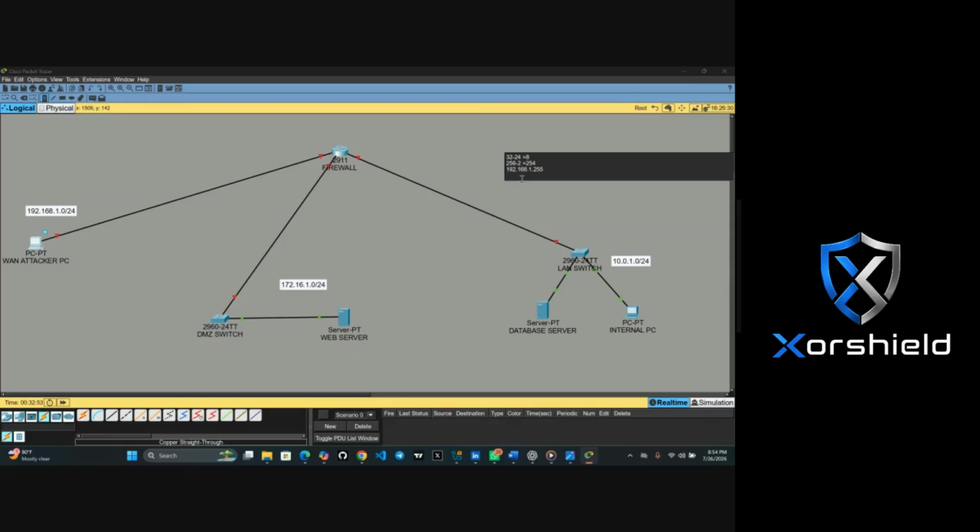Since it is /24, it will now be from 192.168.1.1 to 192.168.1.254. That means any IP address from 192.168.1.1 to 192.168.1.254 can exist inside this 192.168.1.0. Do you understand?